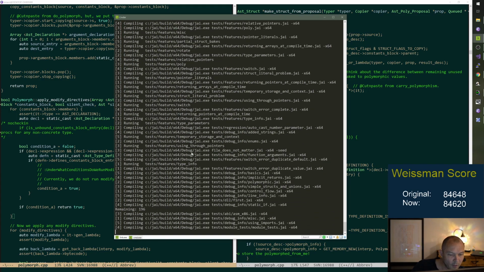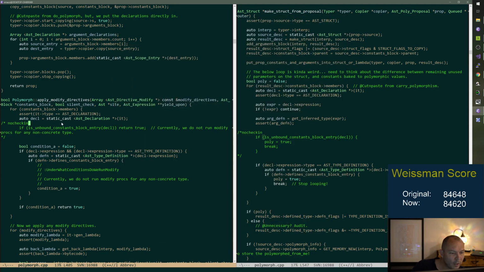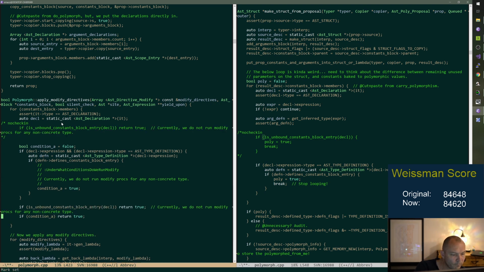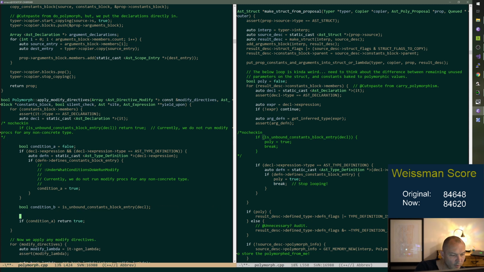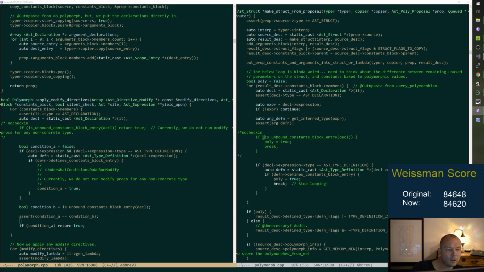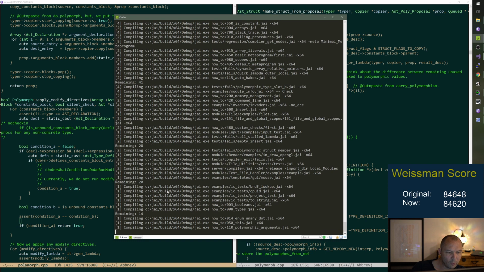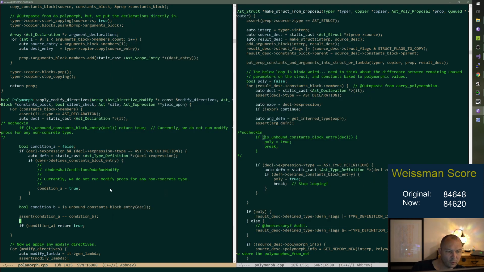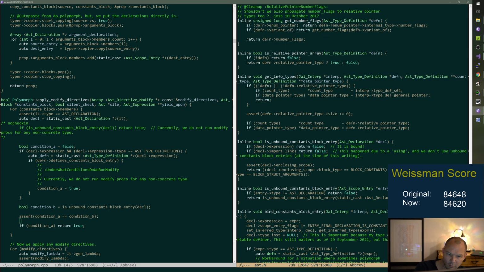And it should be. But if that's still clear, now I can say condition B is this, and then assert condition A is equal to condition B. Look, for everything in our test corpus, is this equivalent to that? And if not, why not? Well, the why not, that's not going to tell us, but then we can investigate. Okay, so if there's an expression,